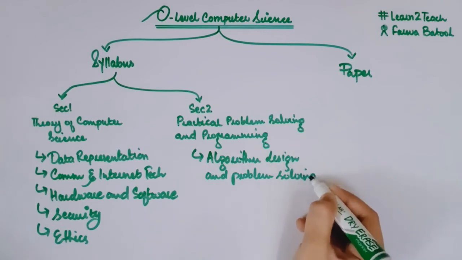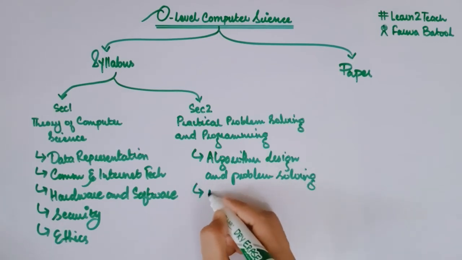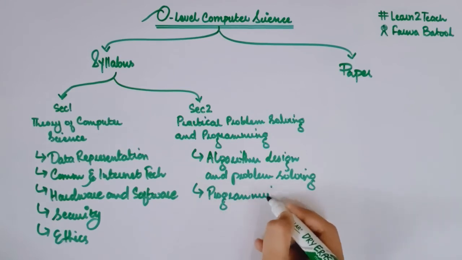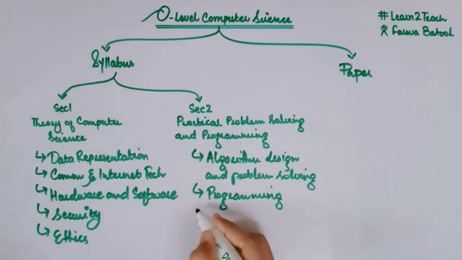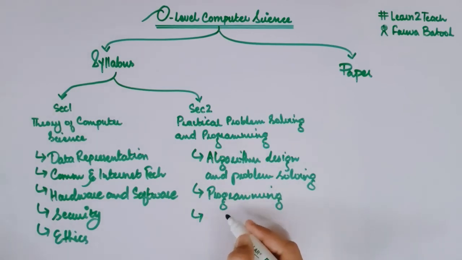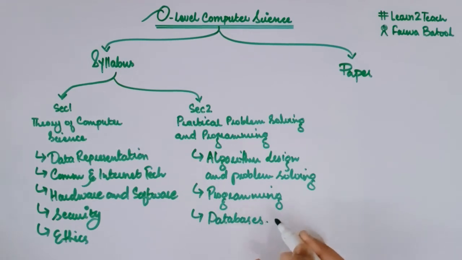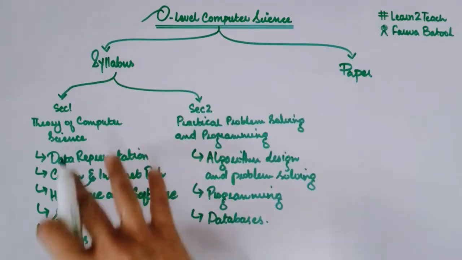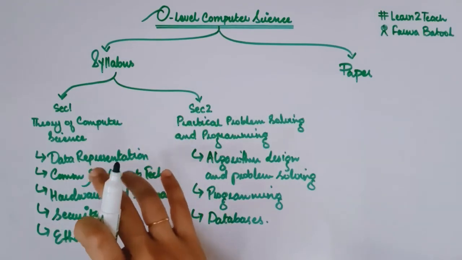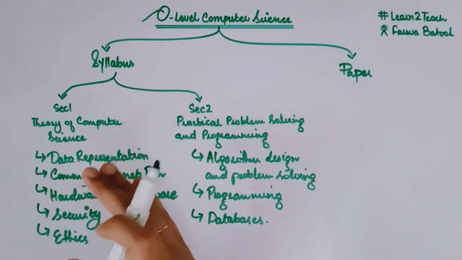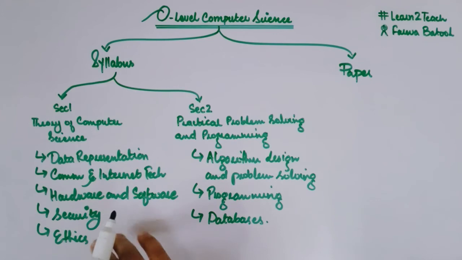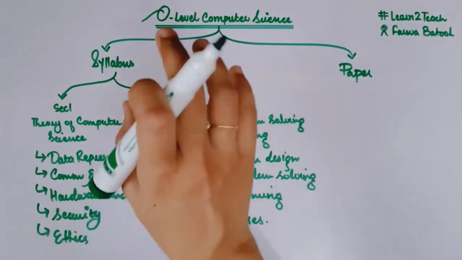Then we are having programming section over here. Inside programming we will be dealing with programming concepts and data structures, arrays. Okay, the third one is databases. We are going to make some kind of databases, how to query the data in the databases, right? So this is all about the syllabus, right? So we have 2 sections, and inside each section I have already shared with you what are the topics we are going to cover over here, right? So this is an overview about the syllabus of this course, right?